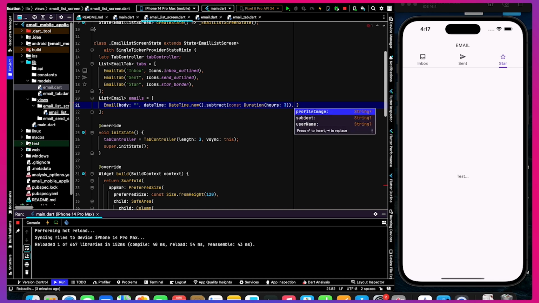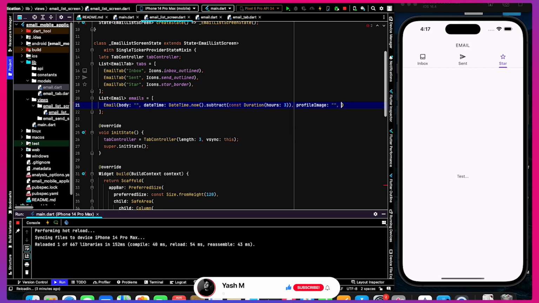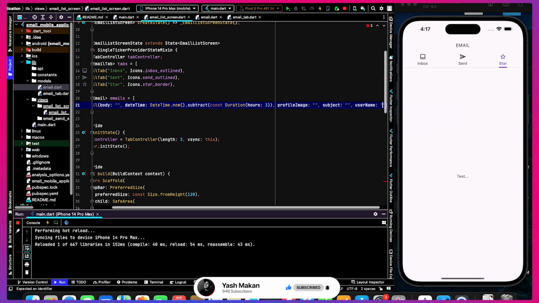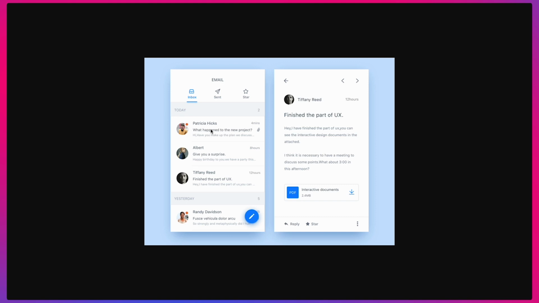Then date time we have assigned, then profile image we will assign, subject we will assign, and username we will assign. All right,